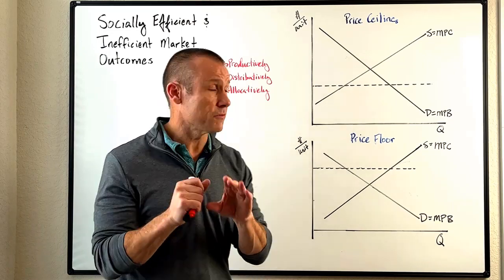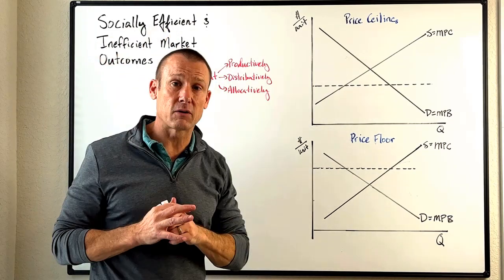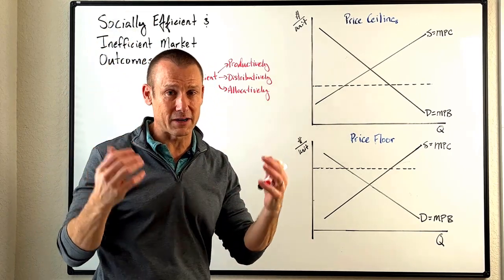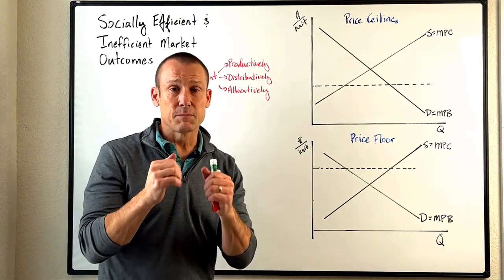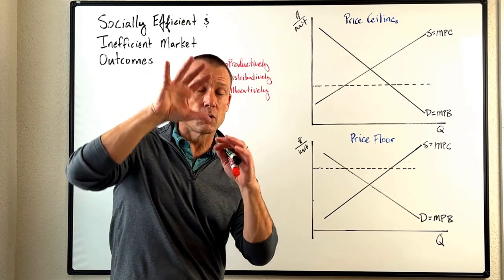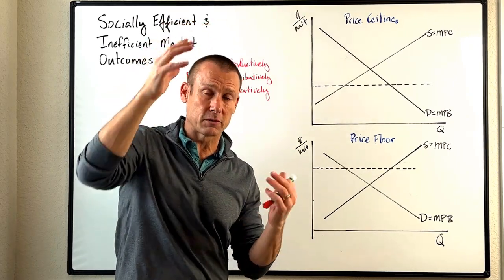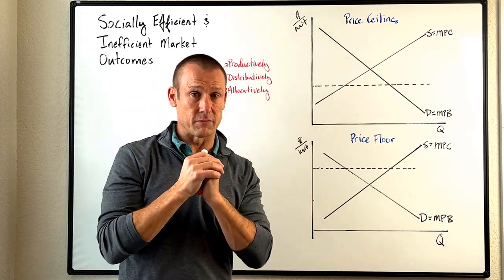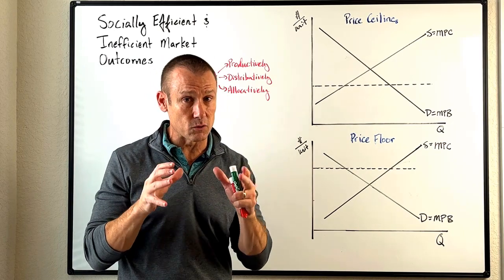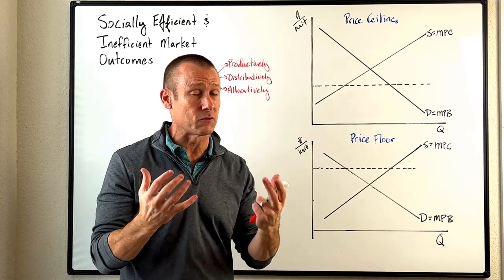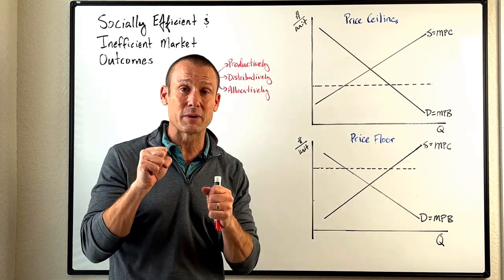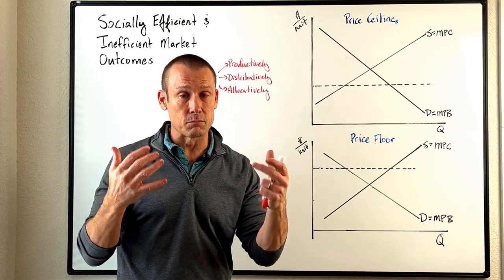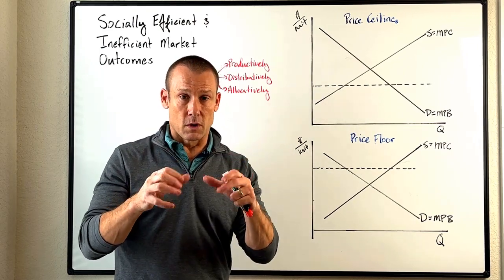Now, here's the deal. We're defining socially efficient market outcomes as ones that maximize social surplus. And that is a super high bar, super hard to actually achieve, okay? And I want to say, guys, if markets come really close, left alone, we might leave them alone even if they don't perfectly maximize social surplus, okay? But oftentimes we might find markets fall quite short of that bar, and then we probably want to intervene in those markets, okay? We might keep markets at the base, as we often do, but then intervene. Is there a way government can intervene in those markets to push those market actors to an output level that is more appropriate, okay?